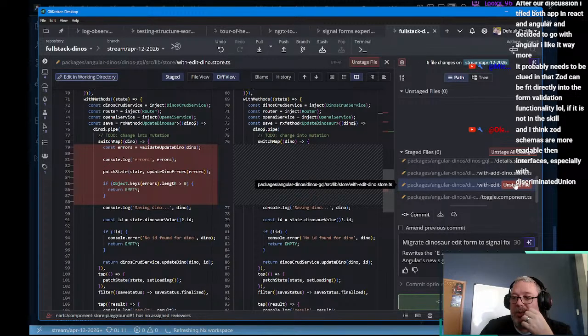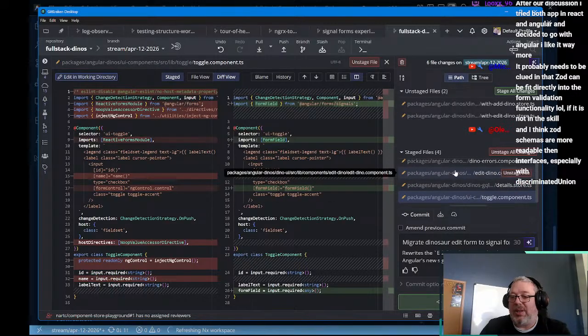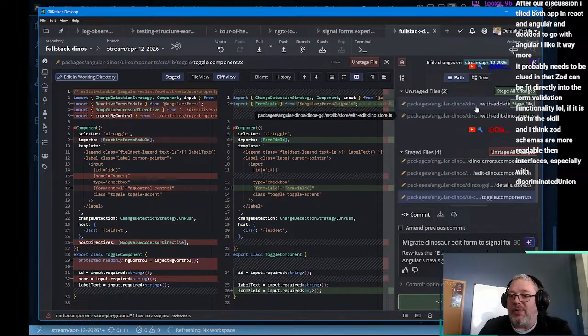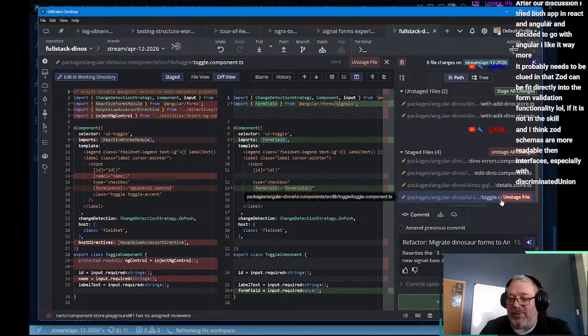We want to unstage this, because the form is going to validate it, but we also need, and let's go ahead and rewrite this, we still need the validation in the stores,